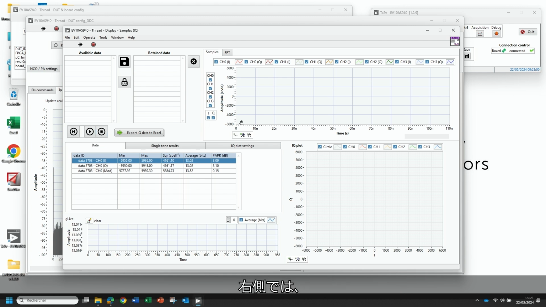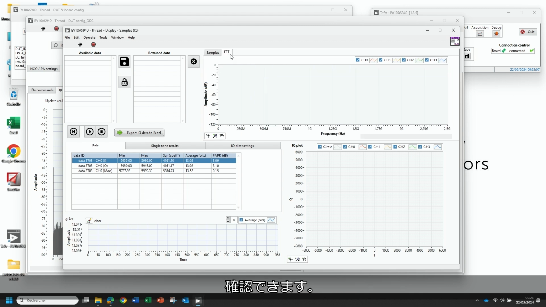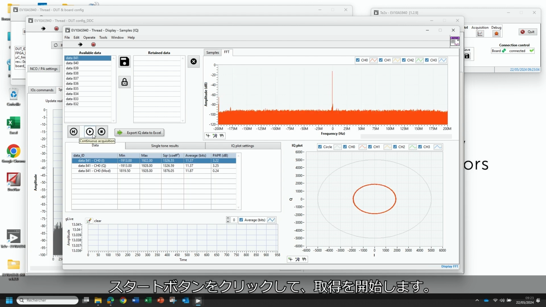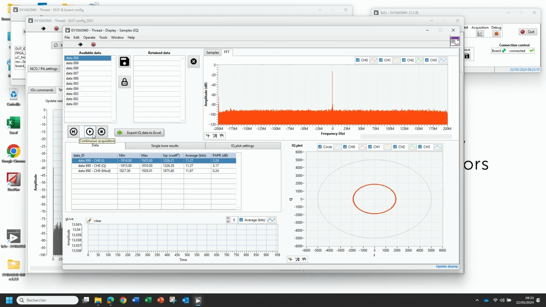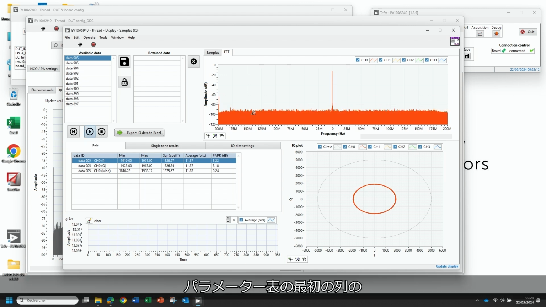On the right, we can see the data in time-based format or FFT format. Below, there is a table that shows the perfs on the IQ plot. Start the acquisition by clicking on Start button. We can see the FFT of the digital channel 0 for the parameters set 0, first column of the parameter